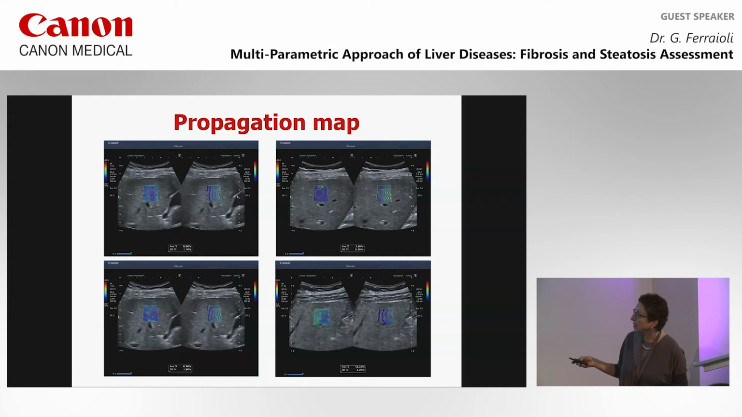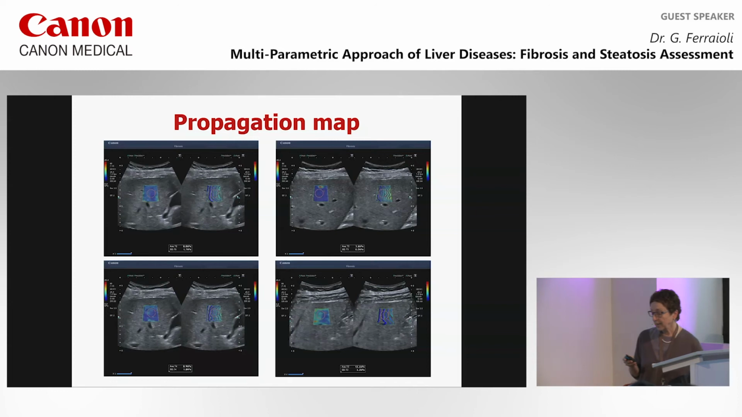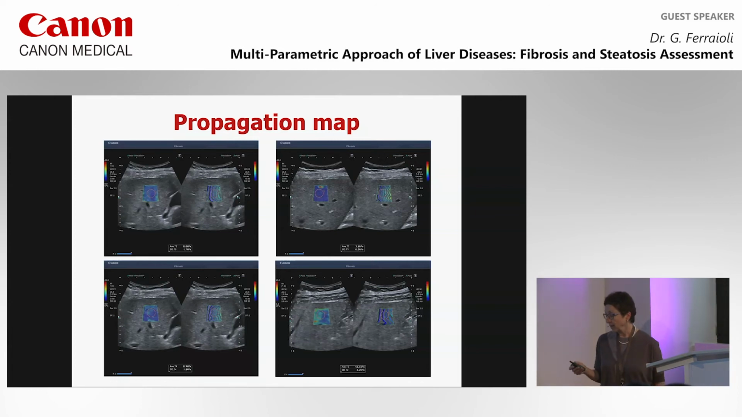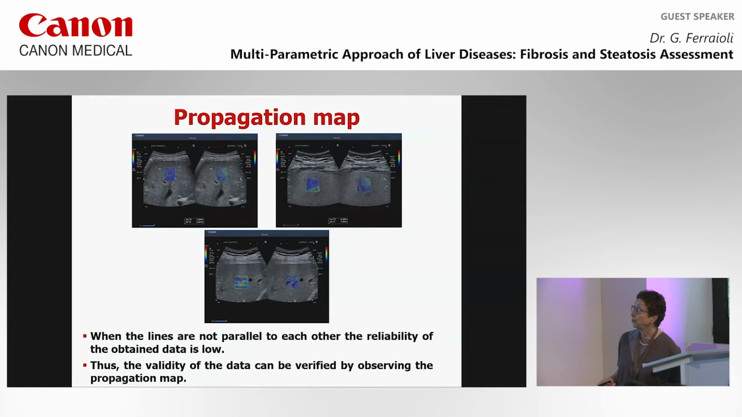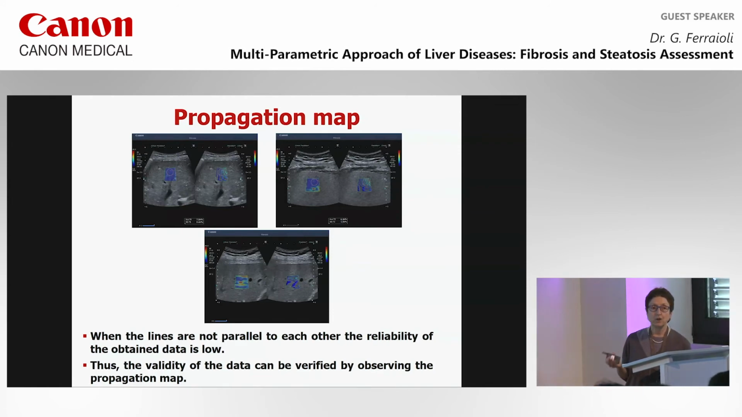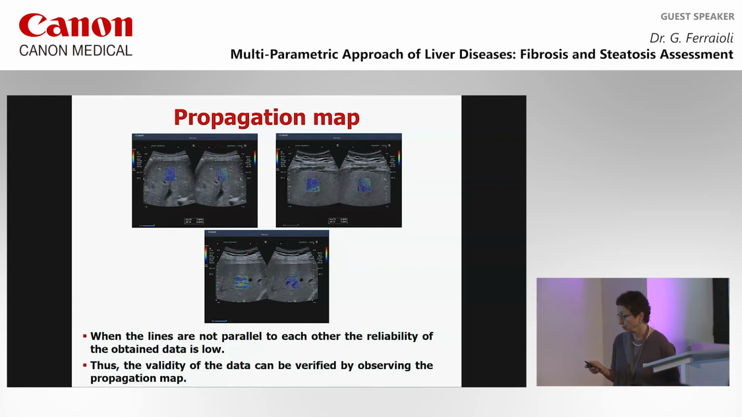if here the sample box is filled with color. So using only the color inside the sample box is not enough to choose a reliable area where the measurement should be performed. When the lines are not parallel, the reliability of the data is low. So the suggestion is to not perform measurements if you obtain an image like this, even though here is